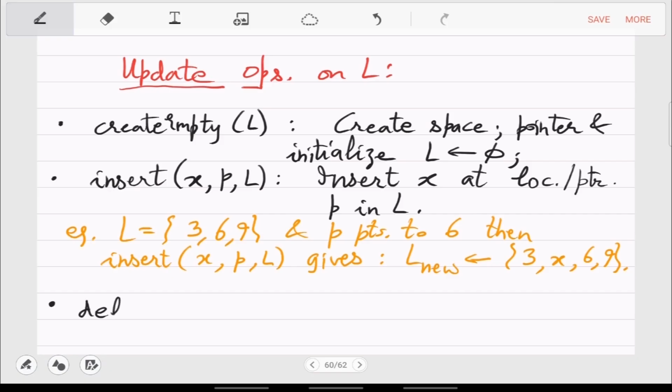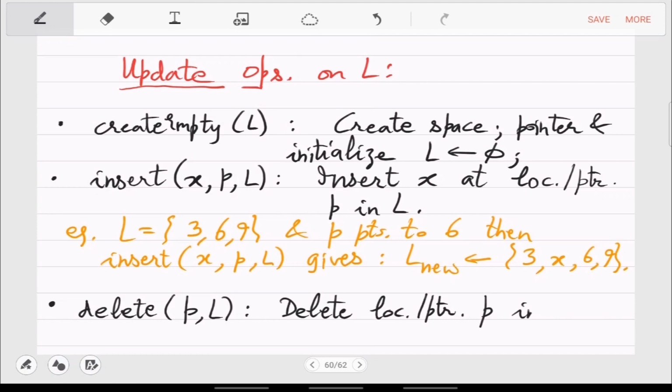And if you insert, you also delete. So that's the next operation: delete location P in the list L. So in that orange example, if you did delete the same P and L, what will happen?